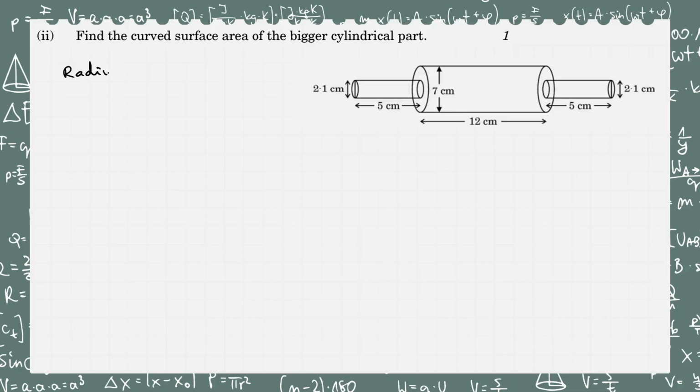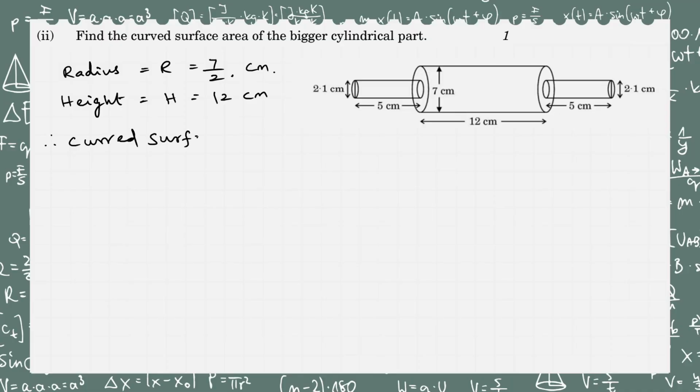Radius equal to capital R equal to 7 by 2, the same only, and height equal to H equal to 12 centimeter for the bigger cylindrical part, right? Therefore, curved surface area of the bigger cylindrical part